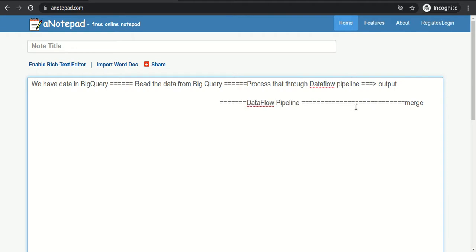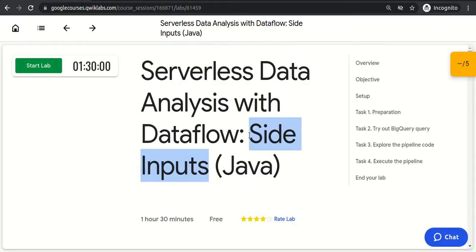Pipeline 2 is taking the input of its own data, plus it is taking one more input, and that input is the output of the other pipeline. That output of the other pipeline is called the side input. So that's why we call it a side input.